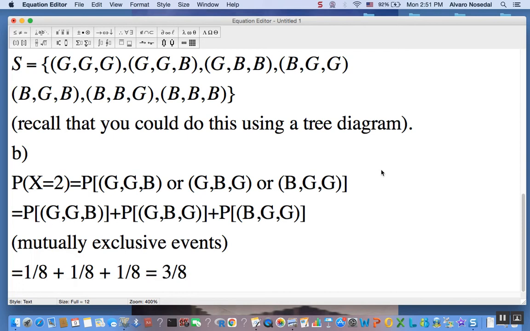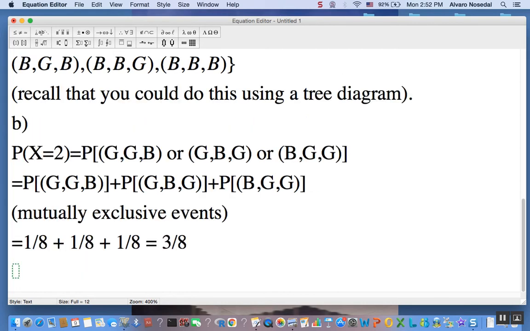Okay? So, anyway, what I would like to underline here is that this guy, x, the number of girls the couple has, is an example of a discrete random variable, because it has a finite number of outcomes. Okay,